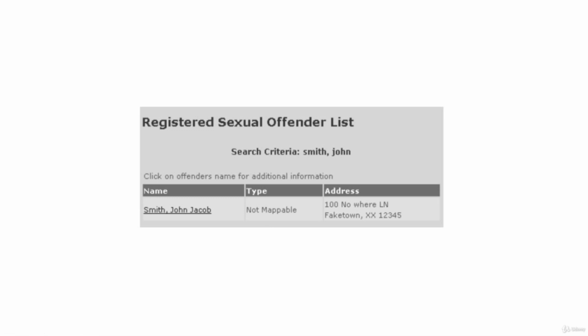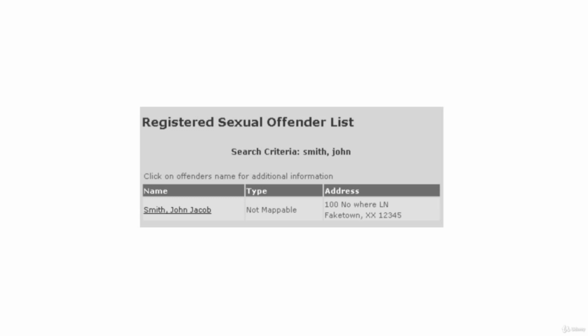To further support the accuracy of the spoofed results, the name field is a hyperlink that normally takes the user to a picture and details of the sexual offender. However, due to the way the site is designed, the attacker can abuse one of the two functions contained within the JavaScript of the page.